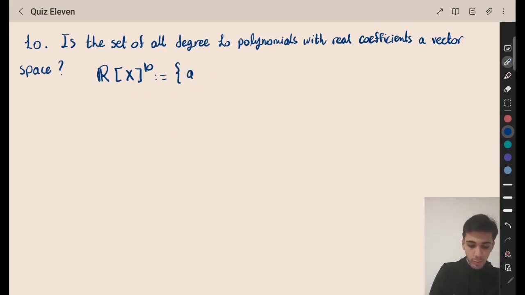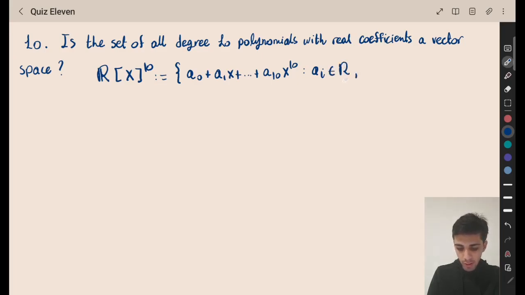Let me write a degree 10 polynomial. It looks like this: a0 plus a1x plus dot dot dot. I hope you didn't think I was going to write all 11 terms. That would be silly, right? Such that all the coefficients ai are real, and I add a condition which I think most people usually forget, and that is